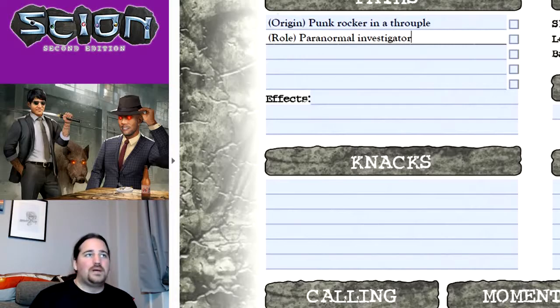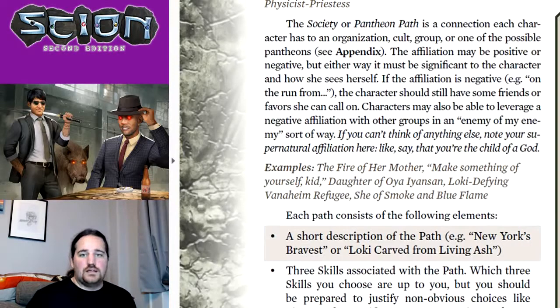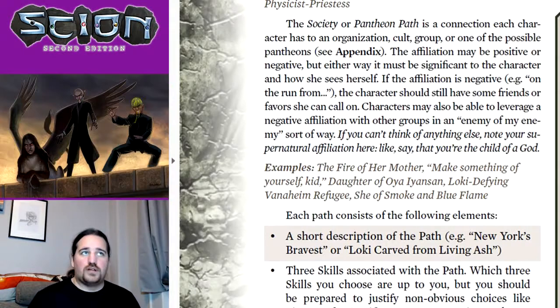So paranormal means that if you really want to, you can get access to certain supernatural things or people. An investigator means that you have a certain access to other things and other people. So whatever you write is super important for how your character will develop throughout the game. And last but not least, the Society or Pantheon path is a connection each character has to an organization, cult,